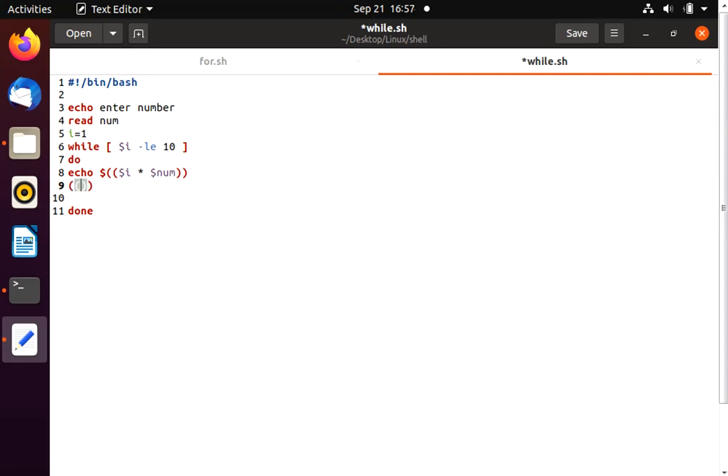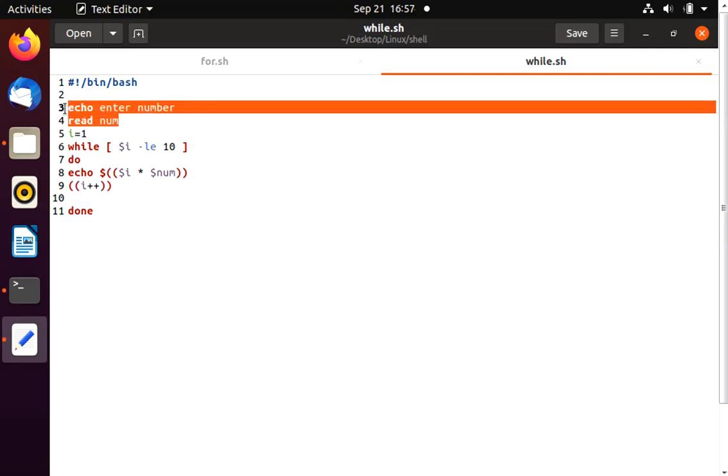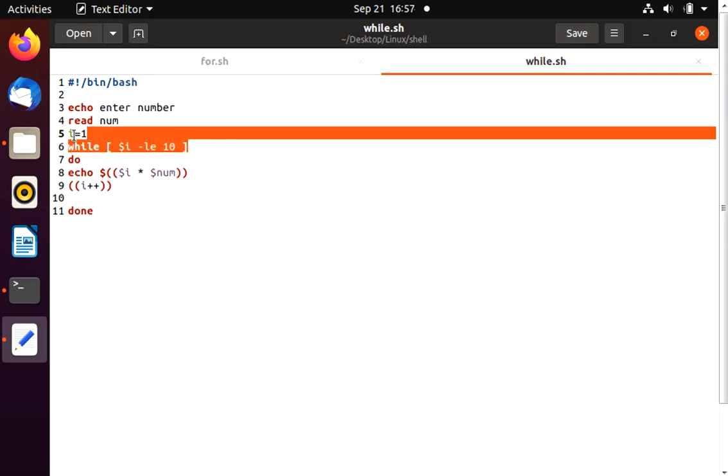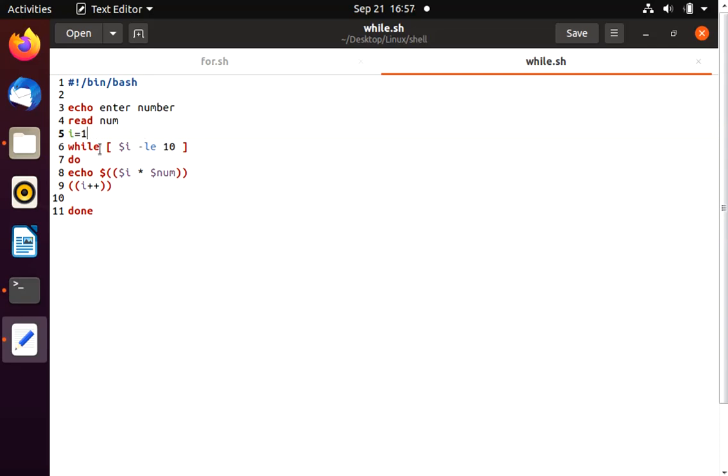And how can we increment the I value? Just I plus plus, and we are done. So we are taking the number whose multiplication table you want to print, an iterator I whose value is initialized to 1, and it will be incremented till 10, and here we are printing the table.